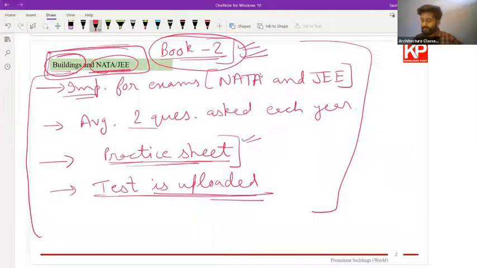So are we good till now? You can also use the chat box and quickly type a yes or no. We'll try to keep this class as interactive as possible. So whatever gets in your mind, just directly say.